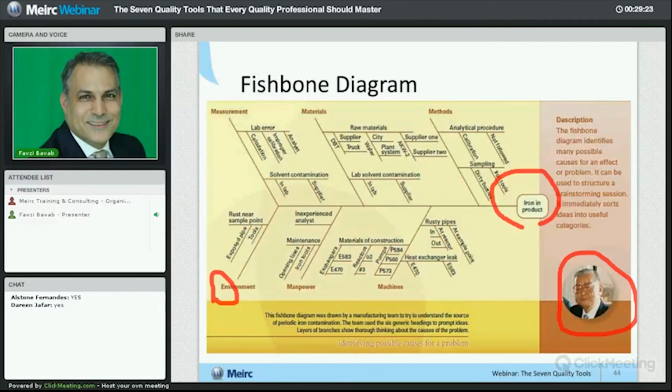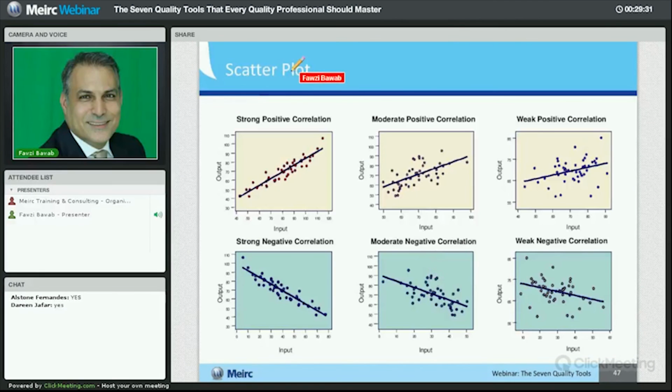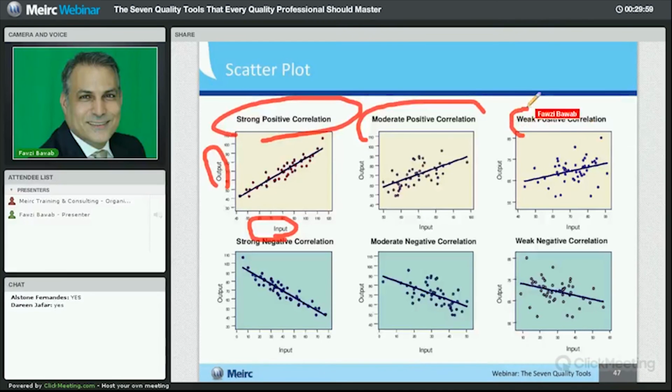Okay, we are moving here to, I think, the last, or maybe we still have 2. Let me move to the scatter diagram. Scatter plot is another tool that tends to show you the relation between X and Y. Now, X and Y have to be continuous, they have to be variable. And it tends to show you a correlation between the X and Y. This is considered strong positive correlation, moderate, weak, or it tends to be negative correlation, i.e., once you increase X,